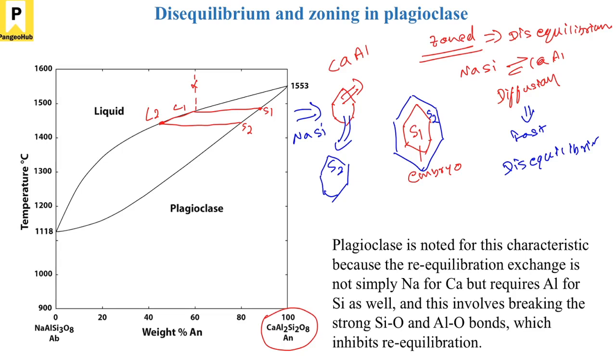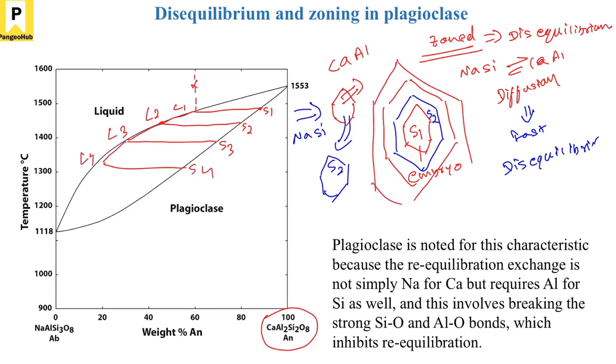So again, if you go on dropping the temperature, the liquid evolves from L2 to L3, then you will produce solid S3. So again, S3 will form like this, and then if you drop further, it will change to L4, forming solid S4. So it will slowly become like this. So you see, a plagioclase is like this, and then you have, let's say,